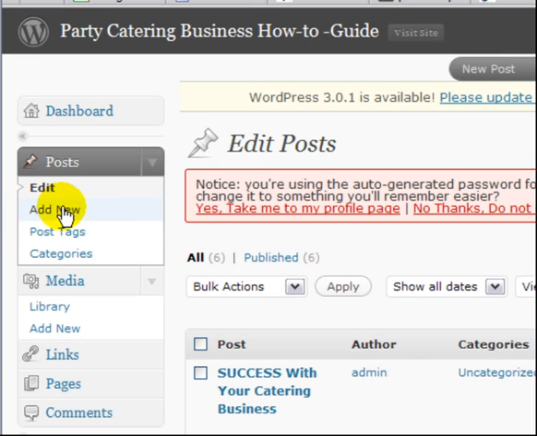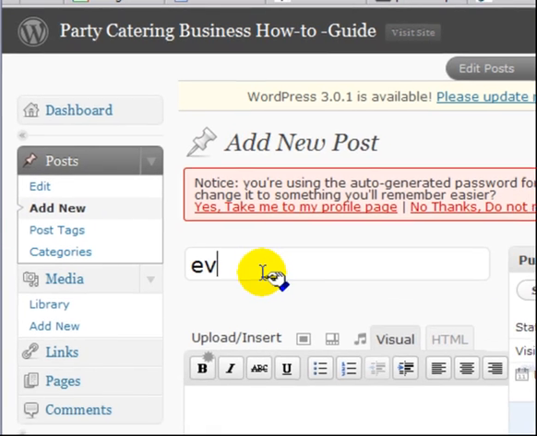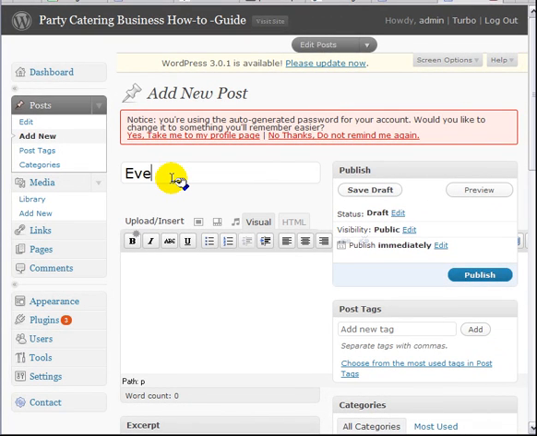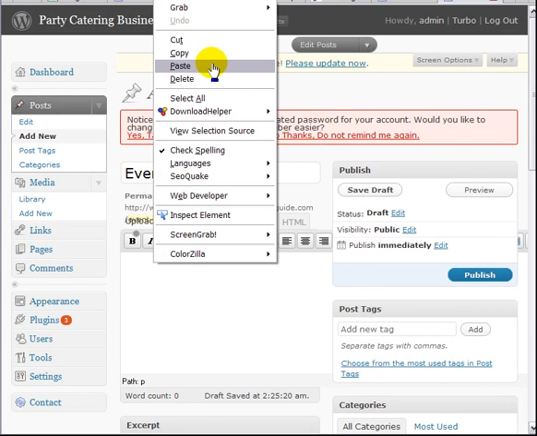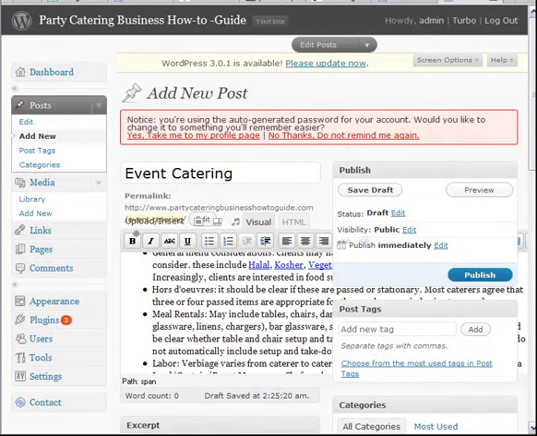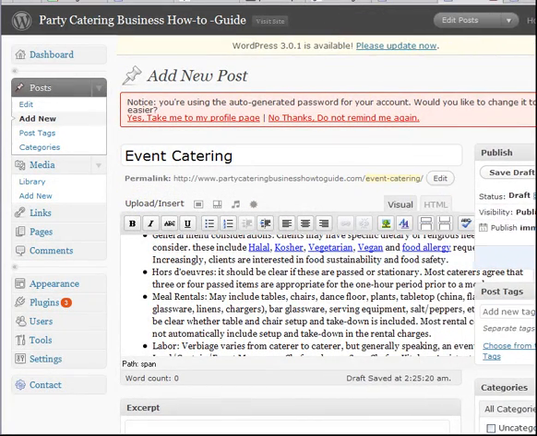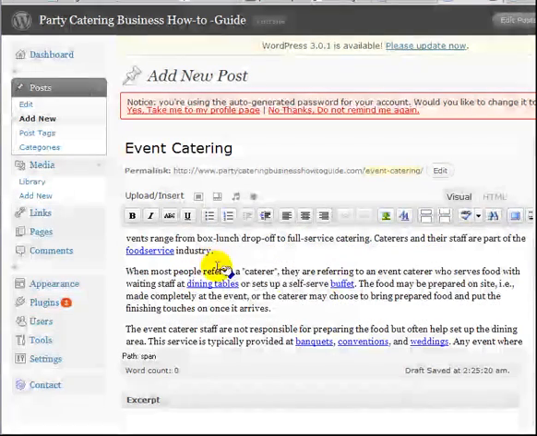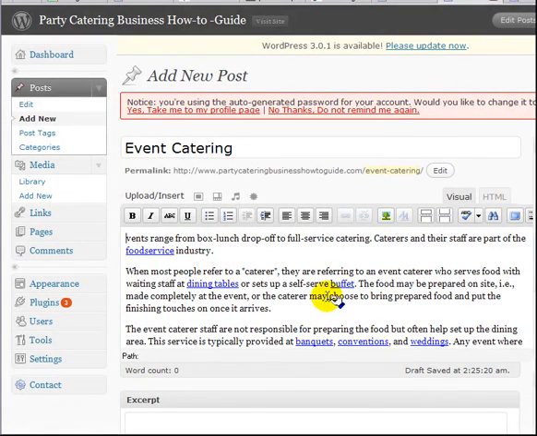Okay, I'm going to add new. Call it event catering. I've got some content. Move this out a little bit. Alright, what I want to do is add an image up to the top of the page, and I want the text to flow around it. So I'm going to go to add an image,